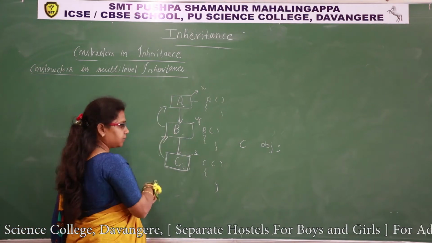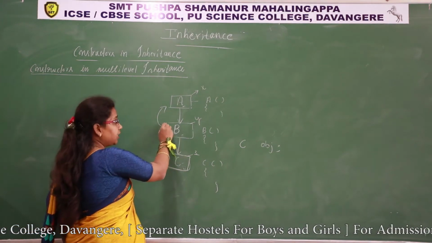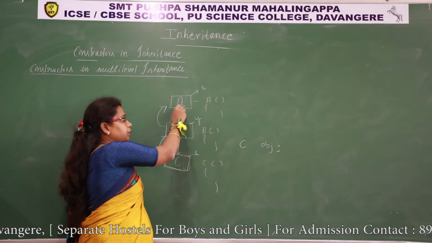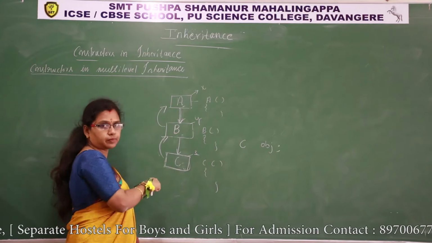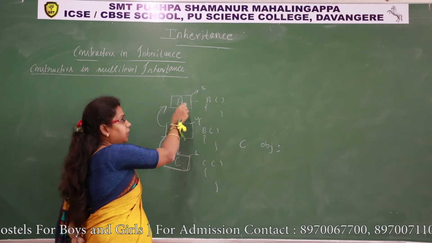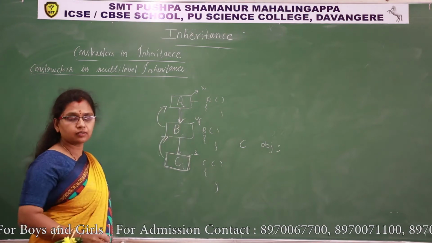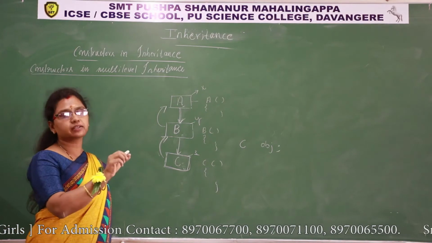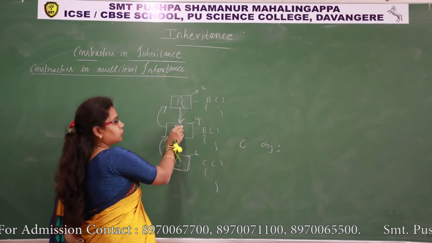So this class has rights to pass initial values to its parent class. Class A is the immediate parent class of class B. So how many does class B need? Class B, y and x. Class B constructor has the responsibility to pass initial value to its parent class. Who is the parent class of class B?